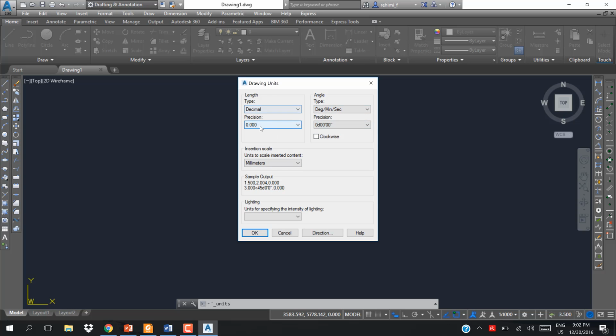I am in decimal, so the unit here is a millimeter, and you have this quantity which is 1,000 of the millimeter. So here you have the degrees. I put an angle of, this is my precision. You can change it during my drawing, and I am in an international